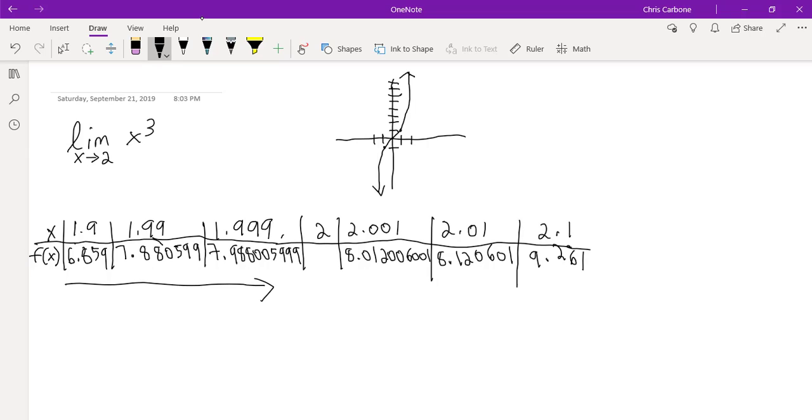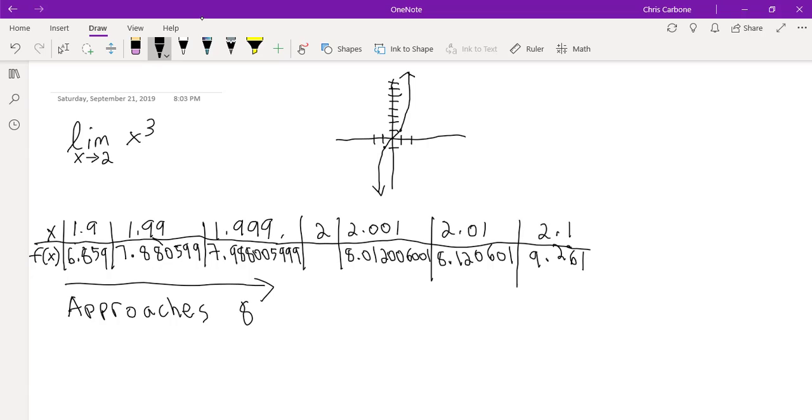Now if we approach the number 2 here from the left, getting towards this 2, we will get numbers that seem to be approaching a certain number, right? 6.859, 7.880599, 7.98800599999. This appears to be approaching 8. So this approaches 8